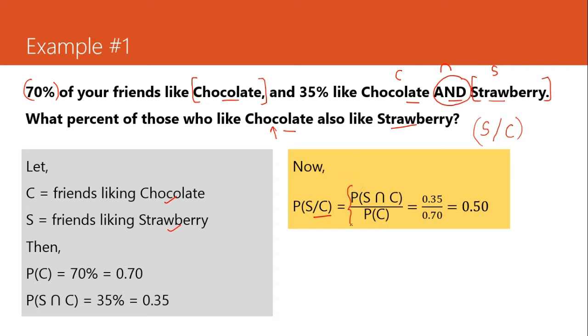How to make the formula we have already discussed in the previous video. If you haven't watched that, kindly watch it and then you will understand how to make the formula. Okay. So P(S intersection C) divided by P(C), and the rest is all about putting in values. S intersection C is 0.35 and the probability of C is 0.70. This is 35 over 70, which means it is half. Half is nothing but 0.50. Hope you understood this example. Let's move on to the next one.